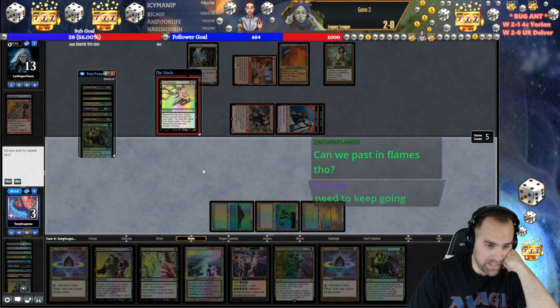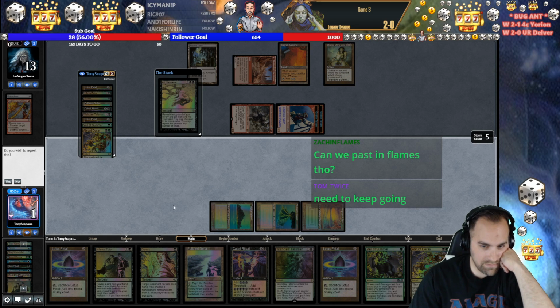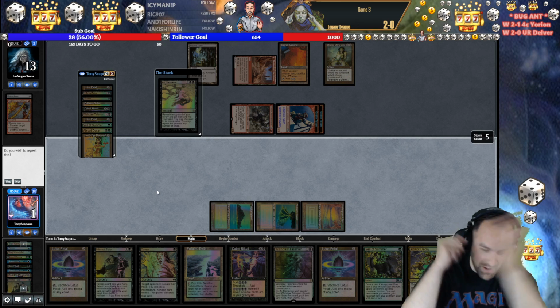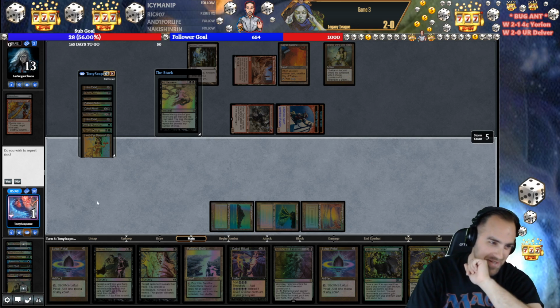We cannot pass in Flames. We don't have the mana. Ah! So now we have to hit Bayou. Actual Bayou. No problem. Okay, we hit the LED. So all we have to do is hit actual Bayou. It's a 1 in 37. We got it. No problem. I'm going to go insane if it hits. Right? Because there's no other...